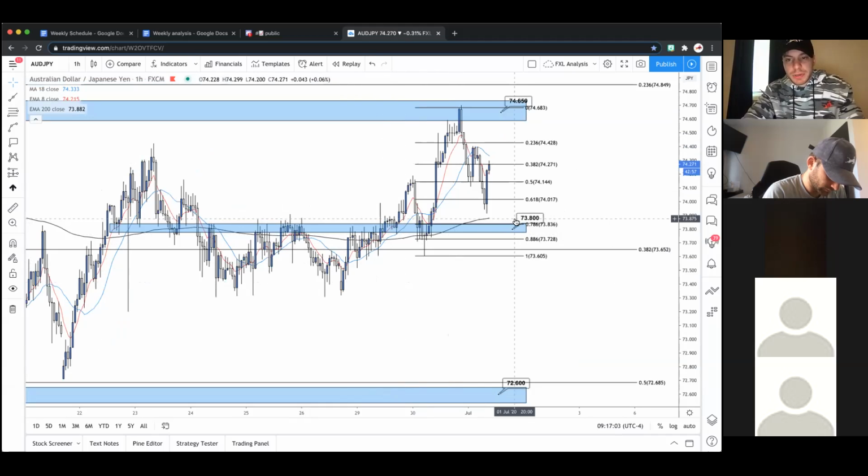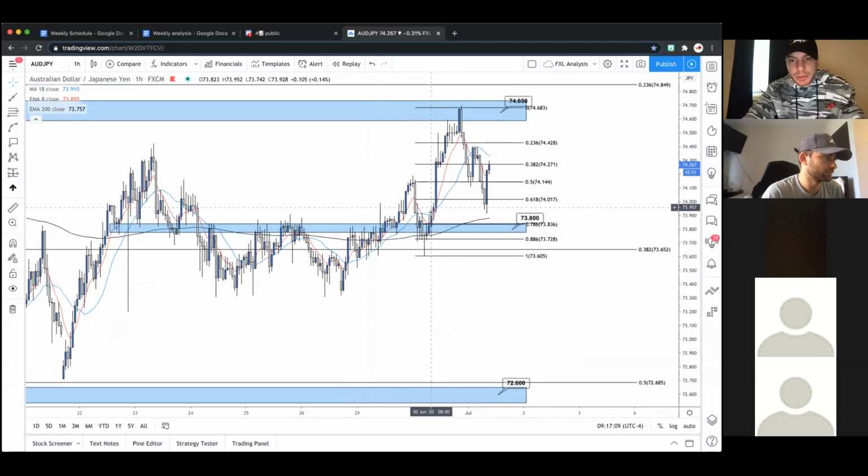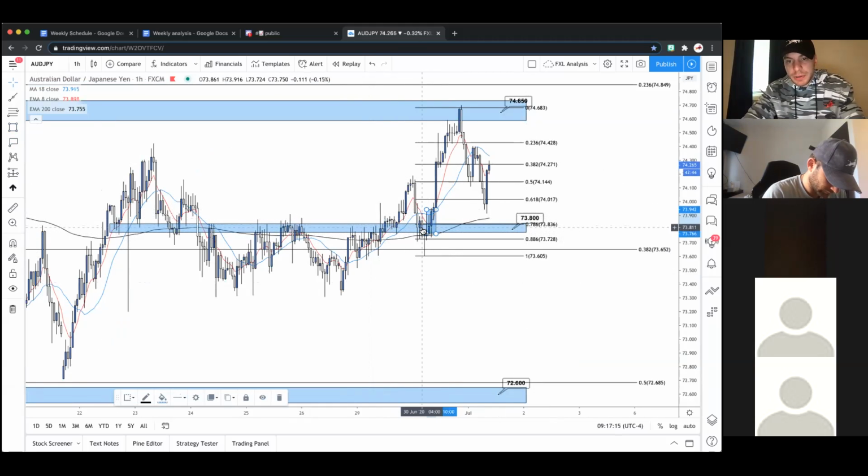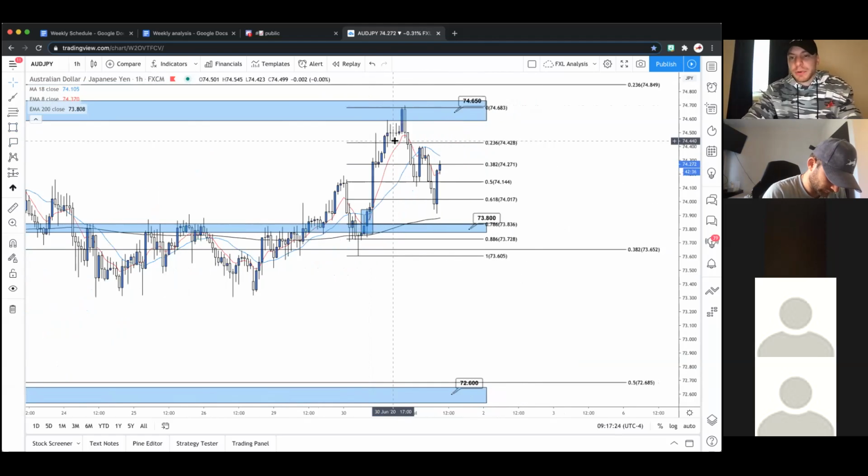It pushed right through the 73.8 resistance, came back, tested a support, and we entered right here on this MA, this candle closing through the MAs. Literally this candle right here. And then we played it. We entered on that. We played it all the way up to 74.65, hit it, and then passed by like 3-4 pips, and then came right back down. So that was a completed trade, looking very good.